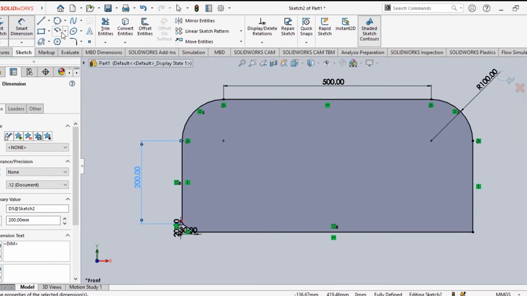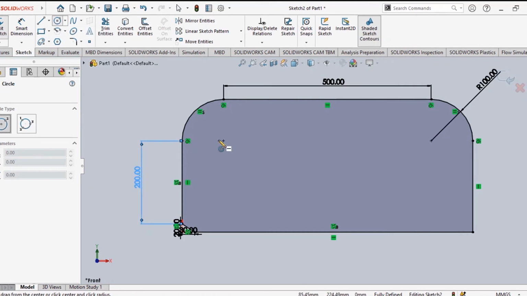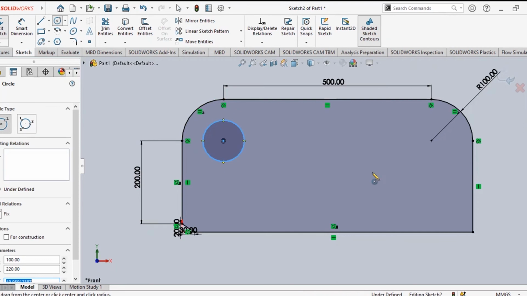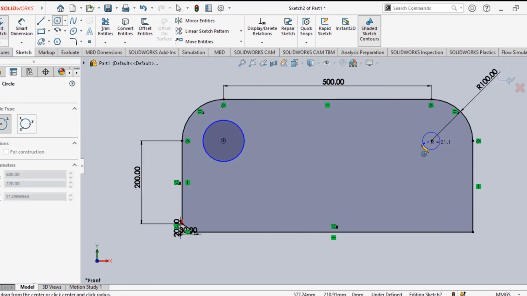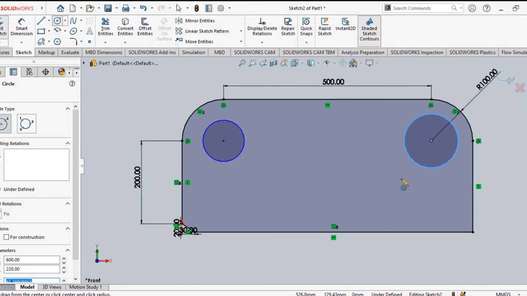Starting from here, any hole you can make from here. Circle, normal circle you make. This circle we made, right? Now another circle we will suppose make it here. Another circle we made. Now suppose we made two circles and all are different actually. Both are not the same size. The circles are not equal sizes. They have different sizes, right?